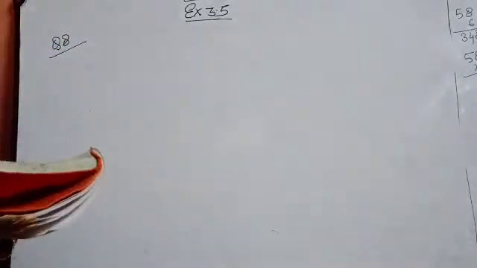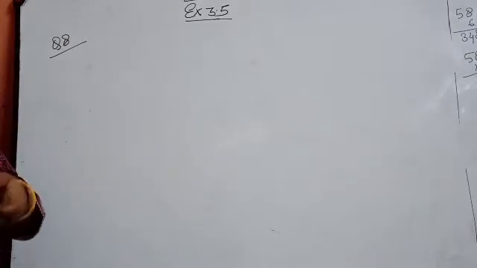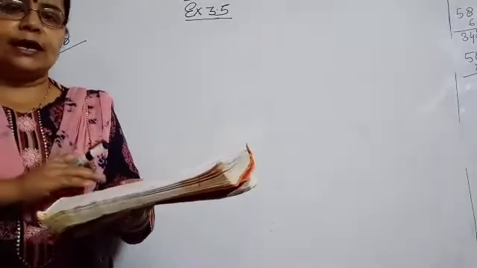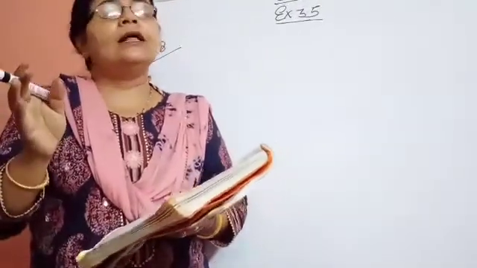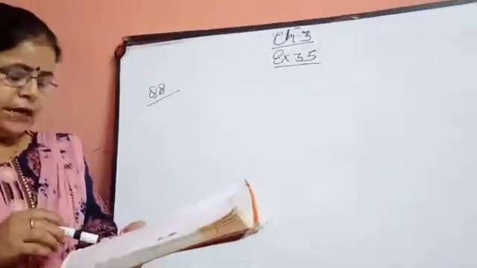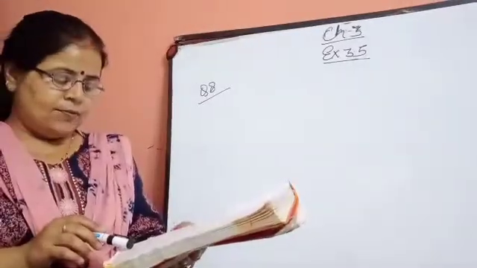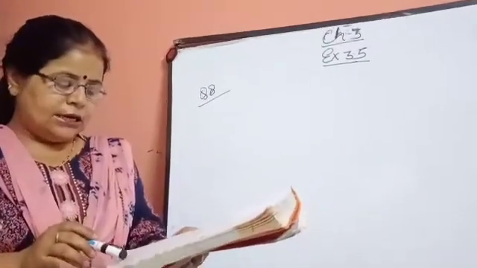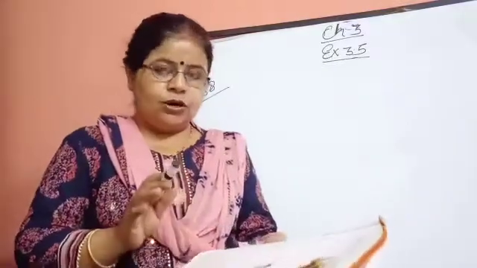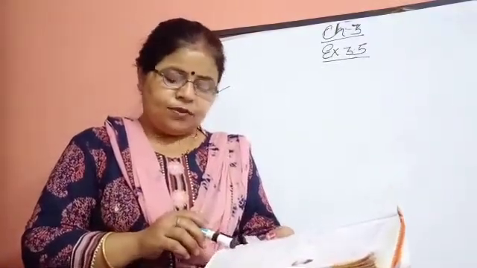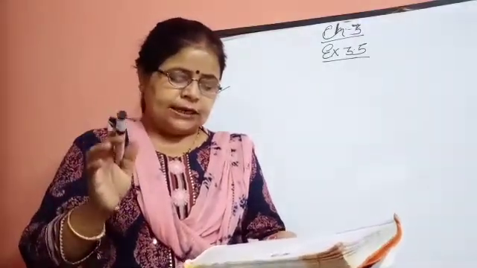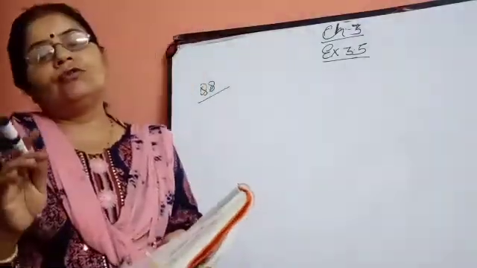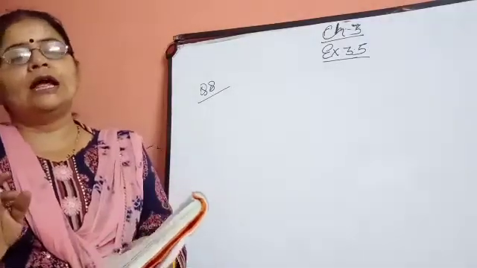You know that the LCM is always divisible by the numbers which are given to you. For the numbers for which you are finding the LCM, if you divide the LCM by each of the numbers, it will always be divisible. What he is saying: find the smallest number which added to 11 is exactly divisible by these numbers. So first of all you will find the LCM of the given numbers, and whatever answer the LCM comes to, you will subtract 11 from it, then you will get the answer.